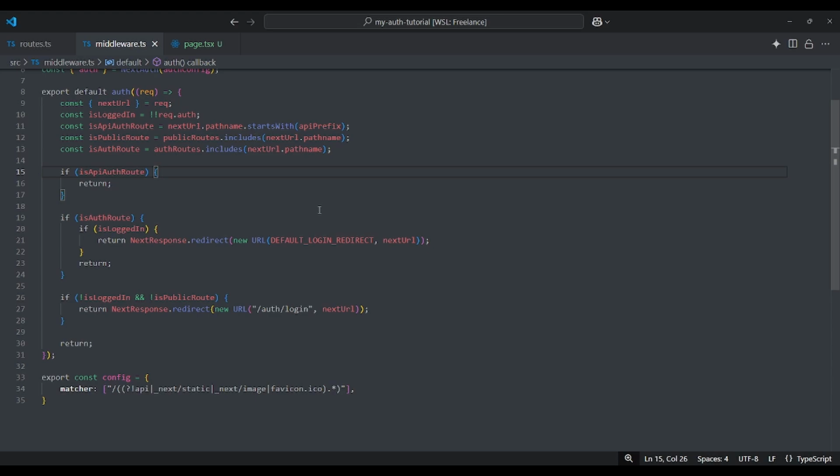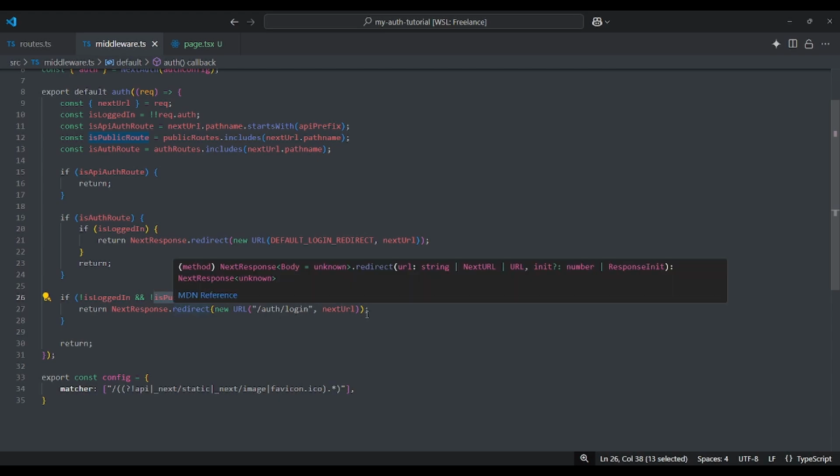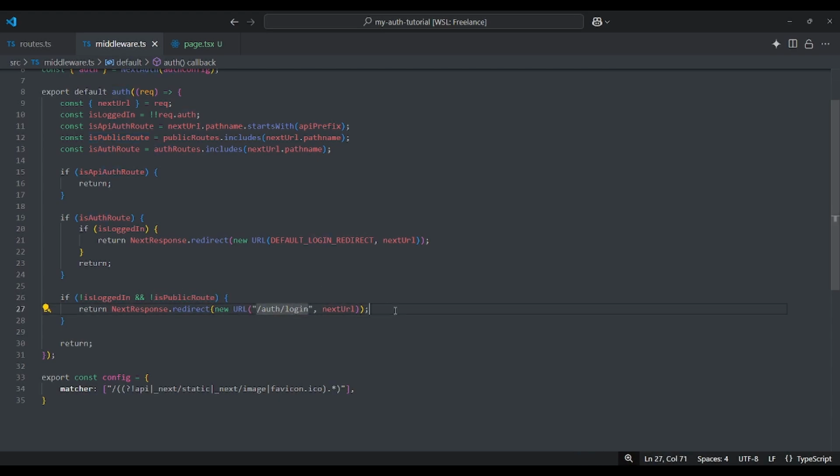The reason why we will be redirected back to the login form when visiting the settings page is because we have set up our middleware here. We have some checks happening. Is it an API route, is it an authentication route, or the user is logged in, or if the user is not logged in and is not a public route, then the user will be redirected to the login page. So this is the one that captures the URL settings. The user is not logged in and the route is not public. Therefore, the user is redirected back to the login page by this one.